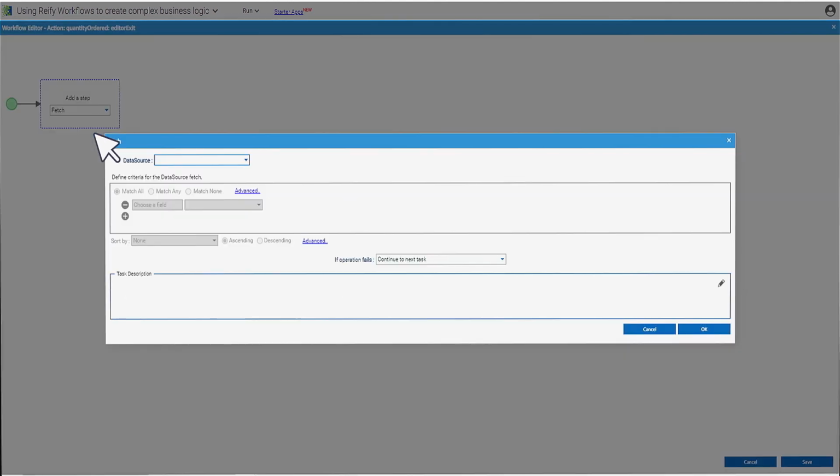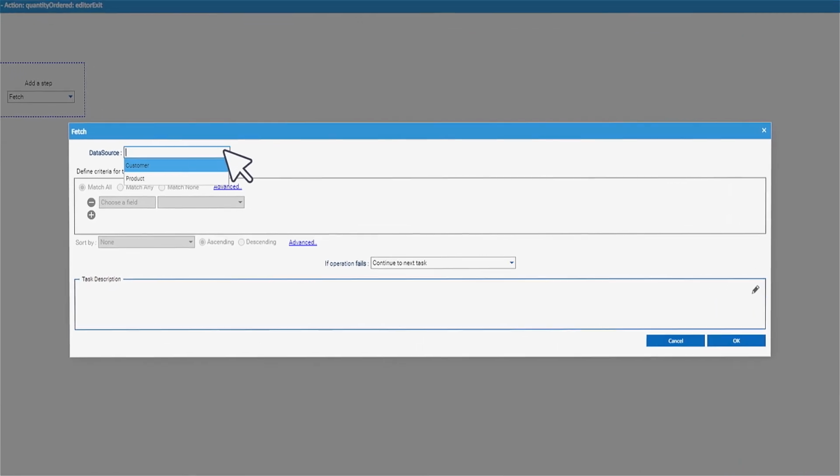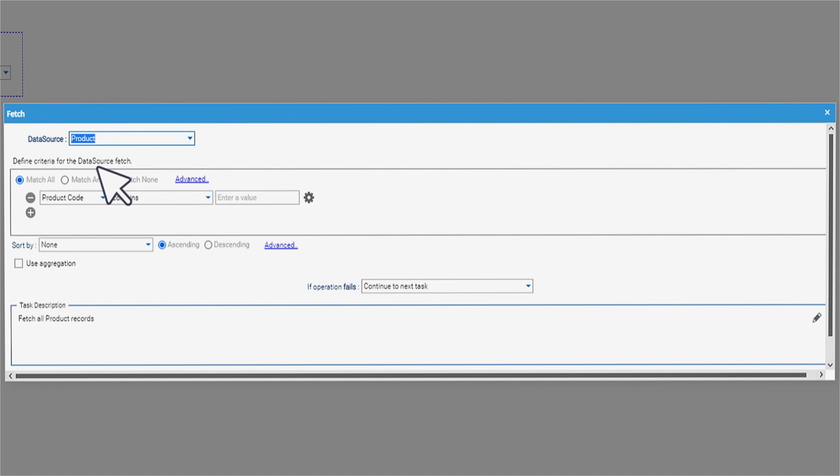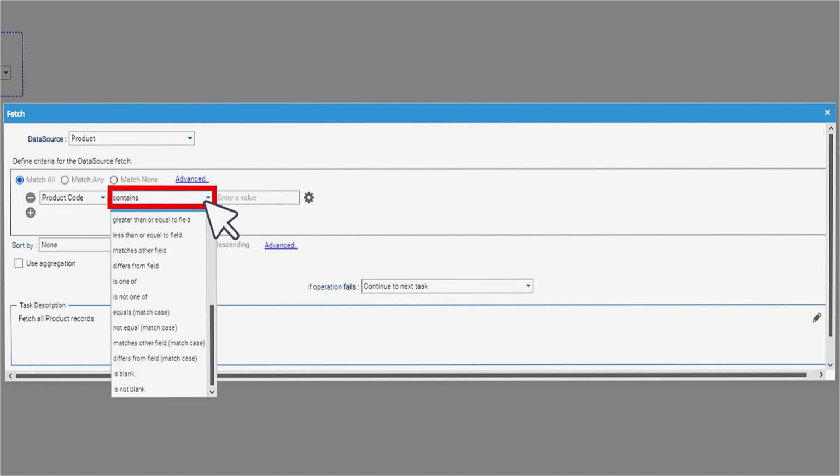Next, we'll make a server call to fetch the data from the product data source. So click on the DataSource dropdown and select Product from the DataSource list of values. We'll now set this up to fetch the data for the product used in our order line. Leave the field Product Code as it is, and click on the Operators dropdown and change the value from Contains